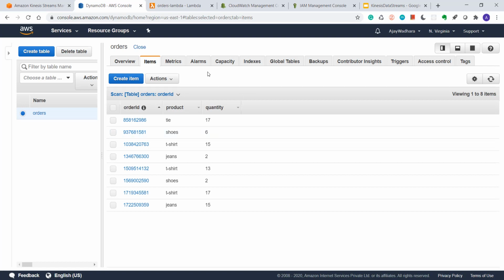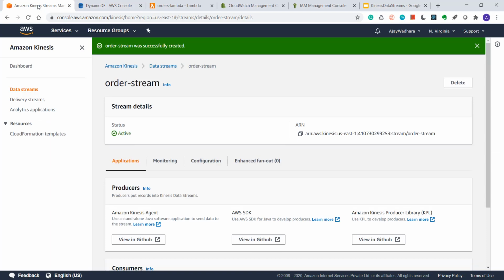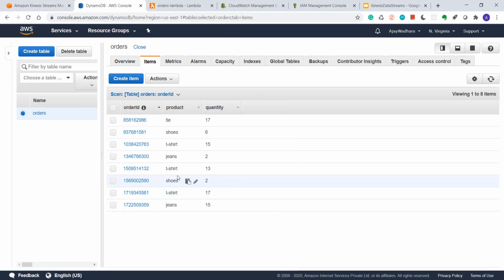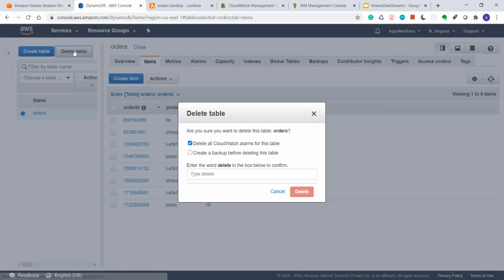I'll upload my code to GitHub, and don't forget to delete your resources. You have to delete your orders table and Kinesis stream to avoid unnecessary charges from AWS. Just select the table and click on delete table. Just type delete here.